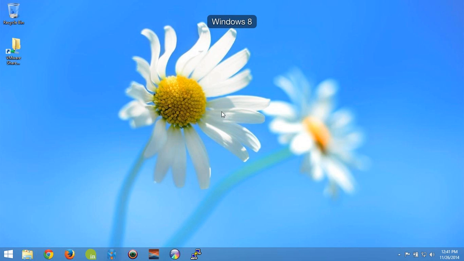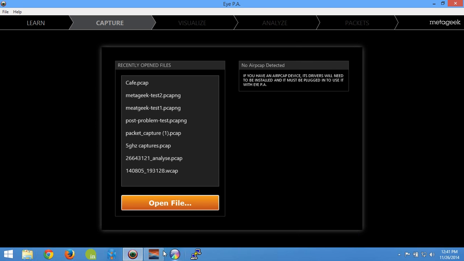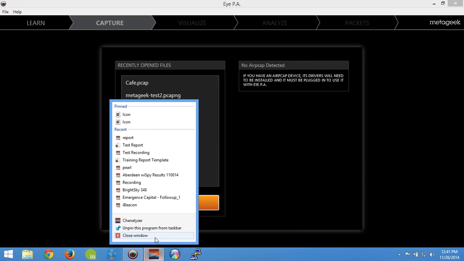of Eye P.A. So I've got a virtual machine here running Windows 8. This is just a virtual machine running on my MacBook Air. So let's go ahead and start up Eye P.A. I just started up Channelizer by accident, so I'll have to close that in just a moment. And I'm going to do my packet capture in Windows with a special packet capture tool called an Eye P.A